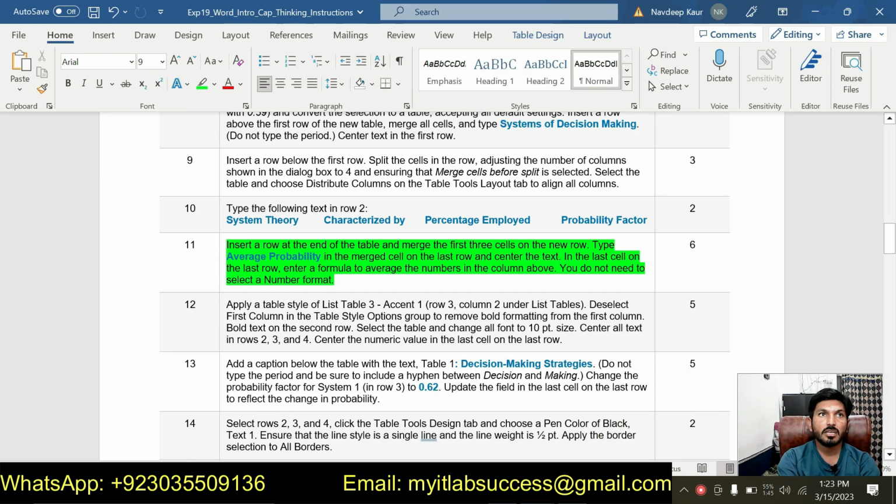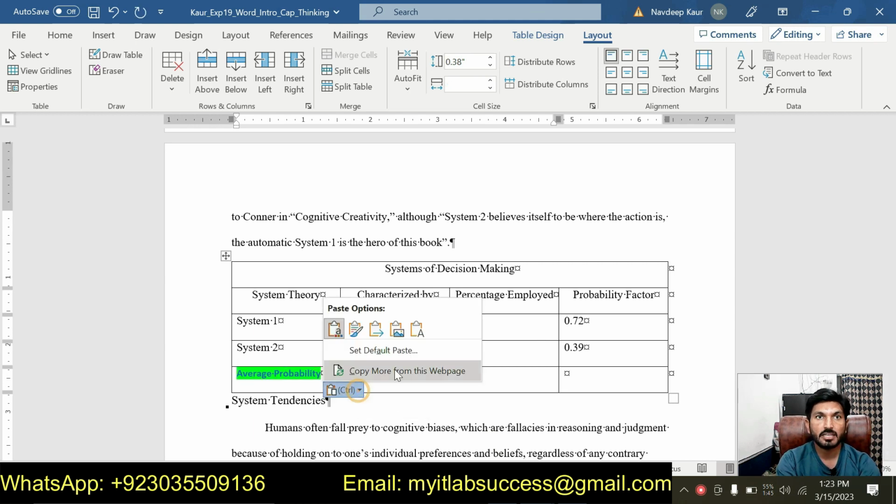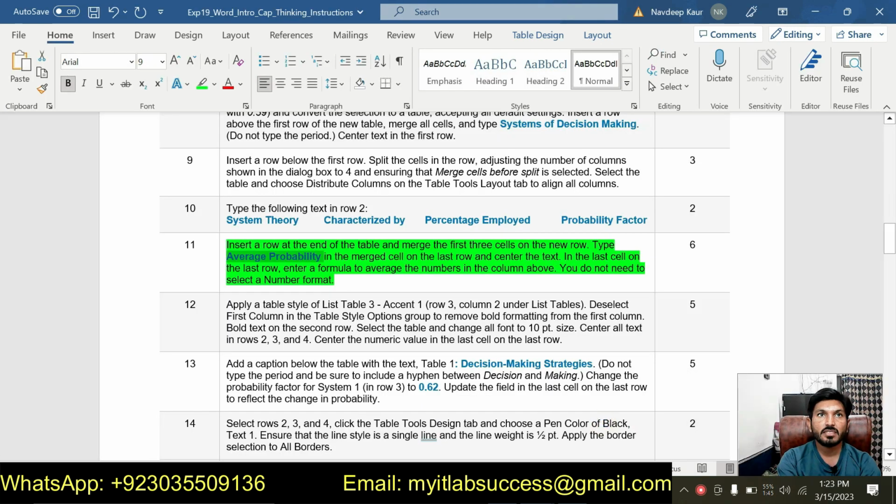we are supposed to type the average probability in the merge cells on the last row and center the text. So I will copy this, or we can type this as well. And we will type this in the last row of the table. So this is the last row of the table. Type this here and make this text as center. So select this one and go to layout tab and click on align center. So you can see that this is aligned center now. So after this,